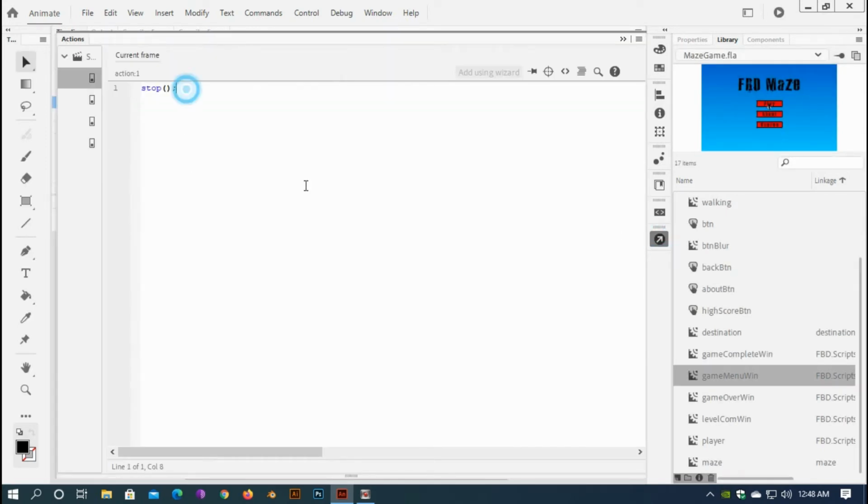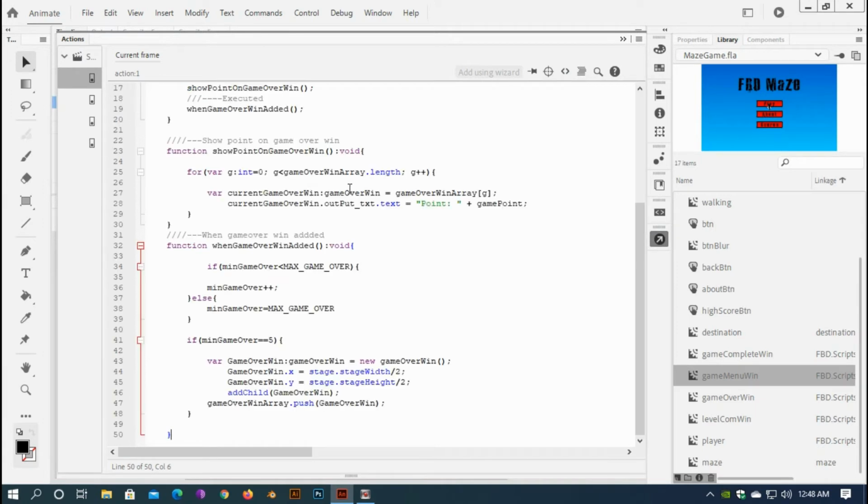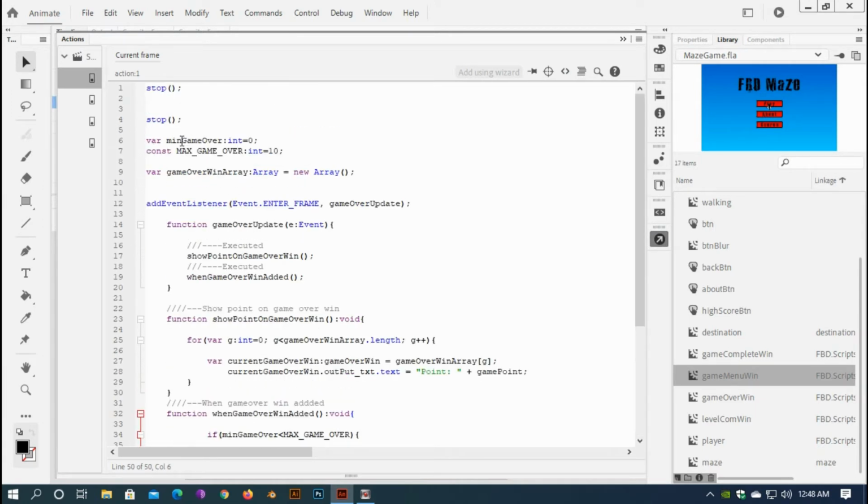Copy and paste it here, and have to change the min menu, and this one max menu, same concept, and this one game menu win array, this one game menu update, and change also this one,